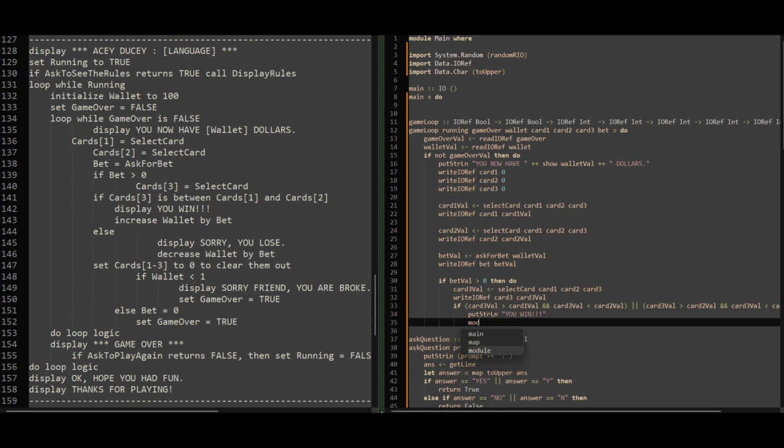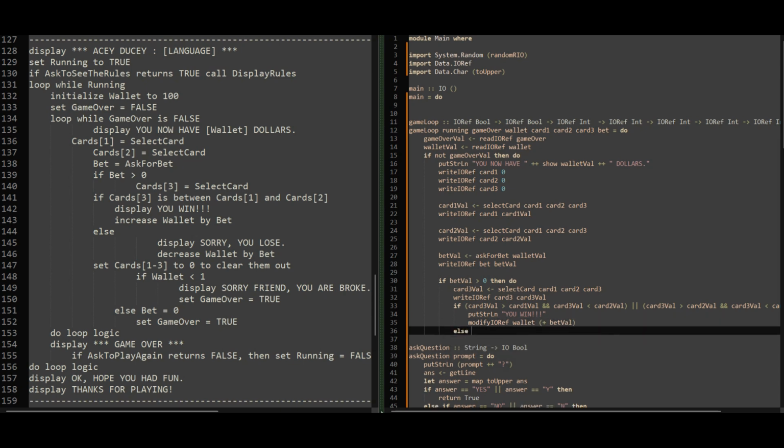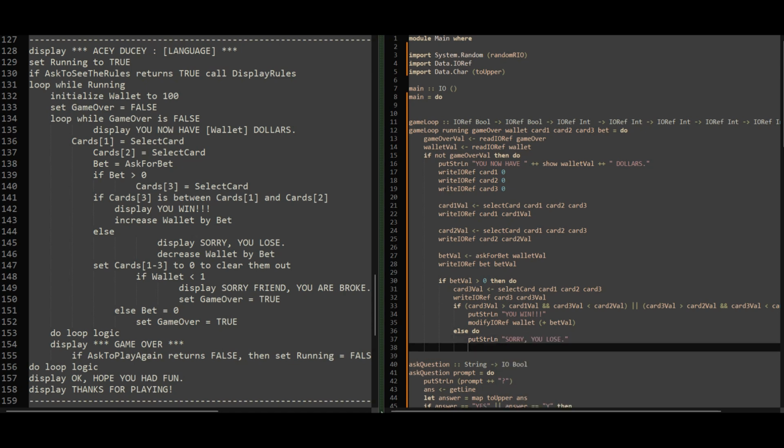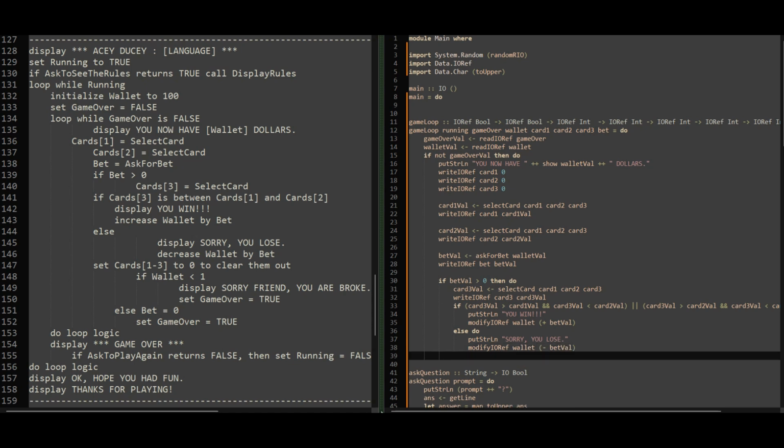And then we're going to modify IO ref wallet, and we're going to increase it by the bet value. Otherwise, we're going to put string line, sorry, you lose. We are going to modify IO ref wallet by a negative bet value, right? And then,